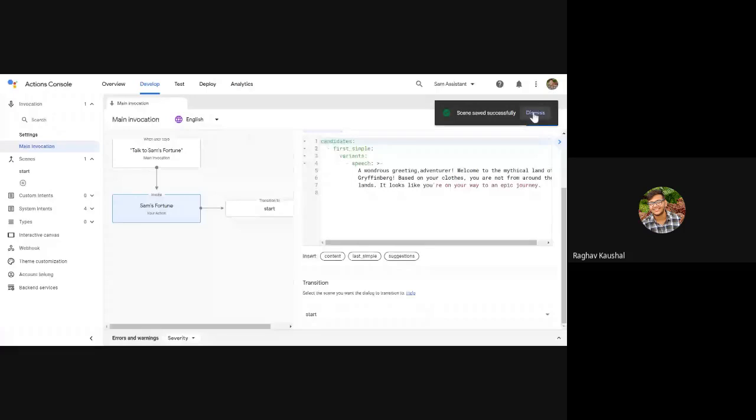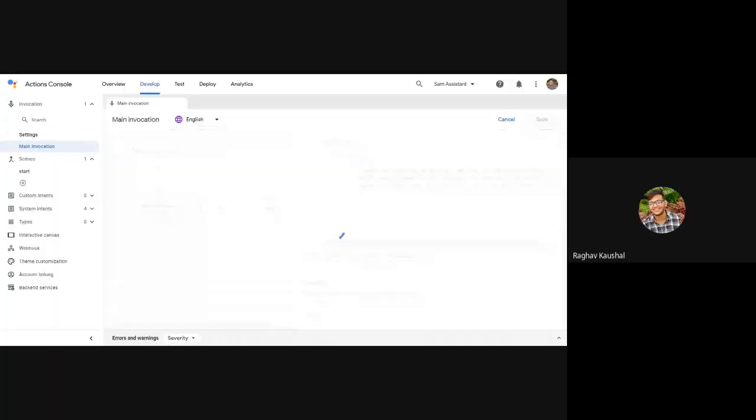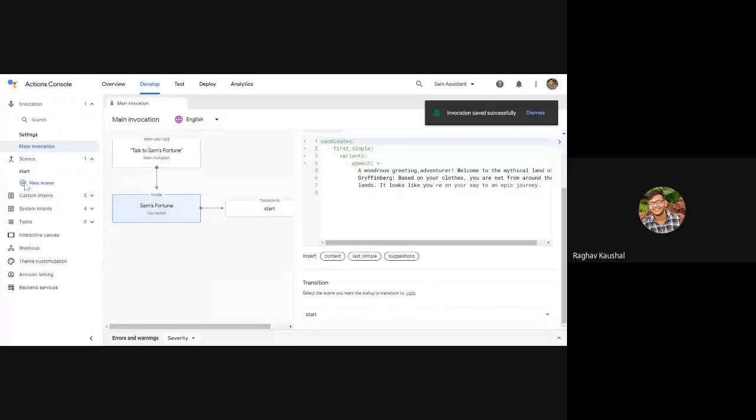So one way of doing start is either you can do it like what I made, I do it here. Just scroll down, open transitions. In transition, you have to click on and enter start. The second option you can do is just on the left side you see scenes. You click on this plus button, new scene, and create a new scene. So this is where our movie is going to start, guys. So I'll click on start.